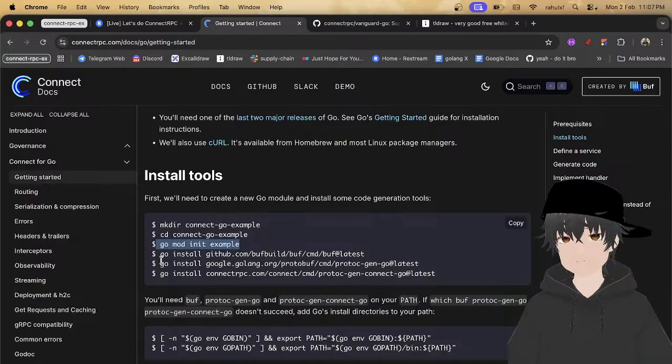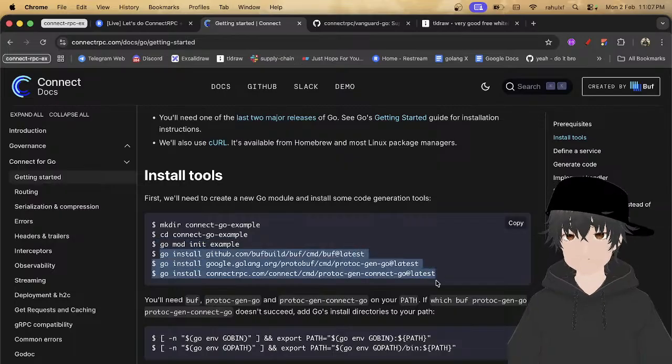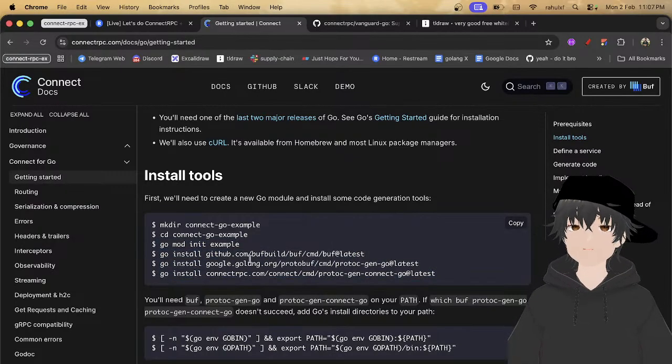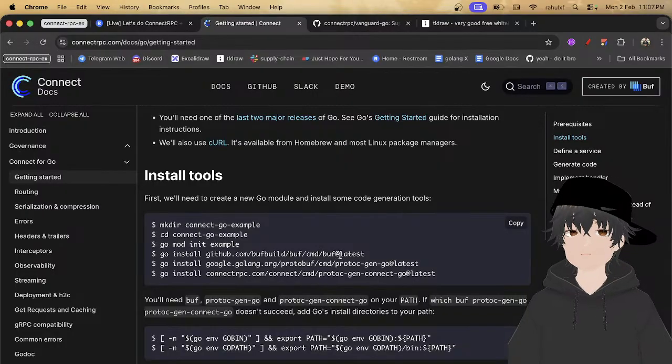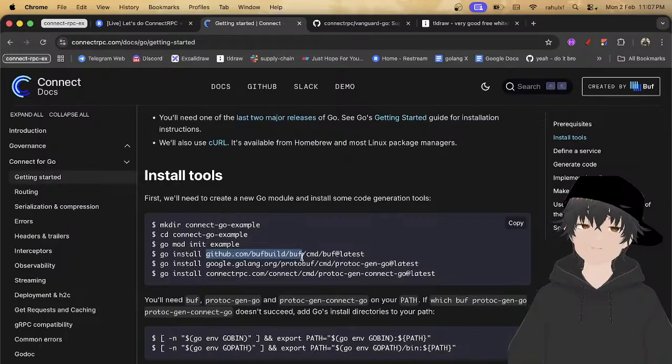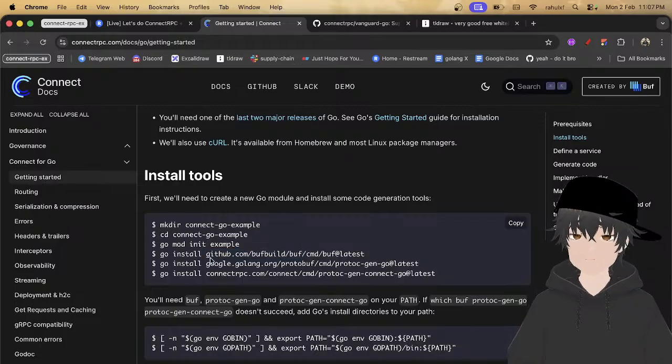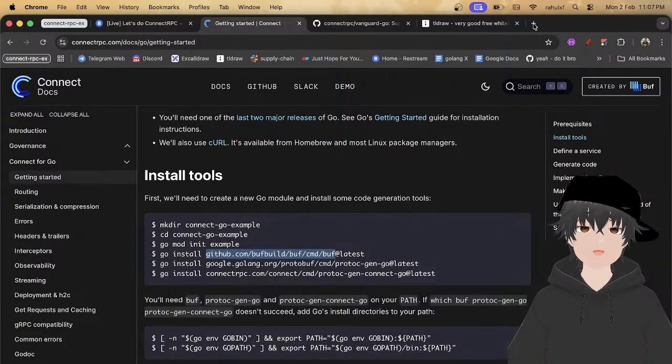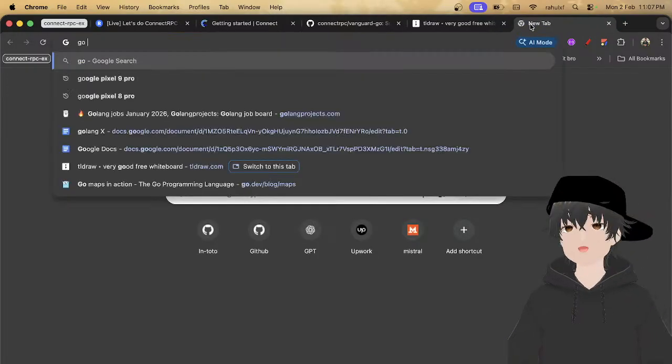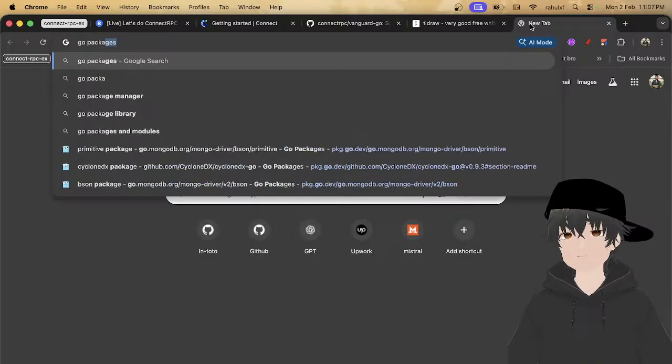We did this, and then we need these three things. One is buf build, this one. Okay, so we can go here, type go package, this one, and we can get this one.